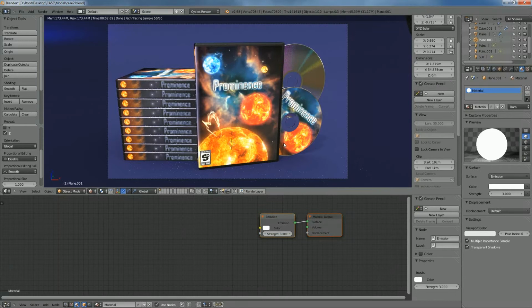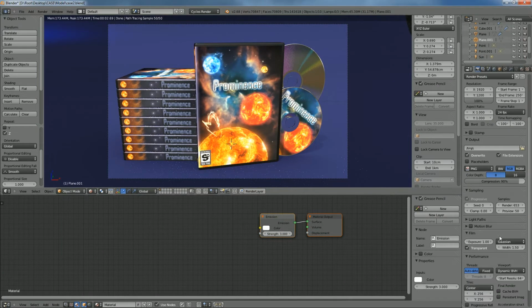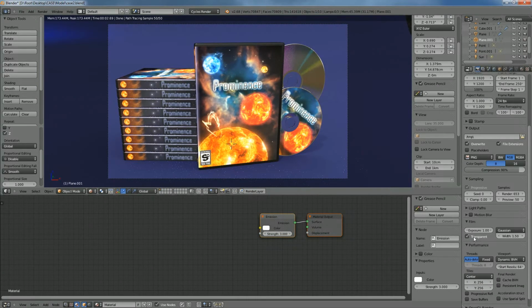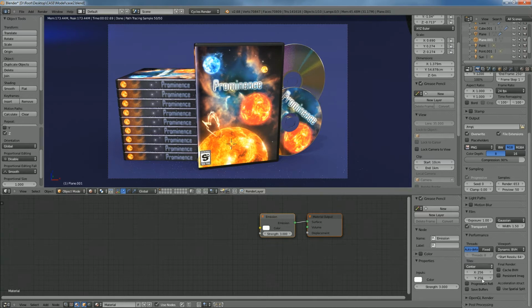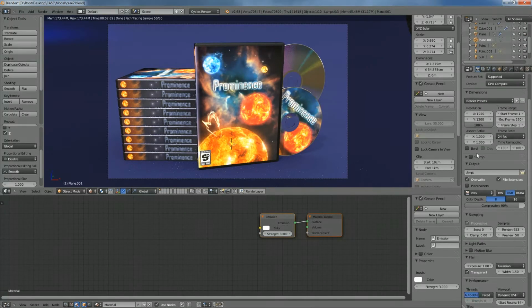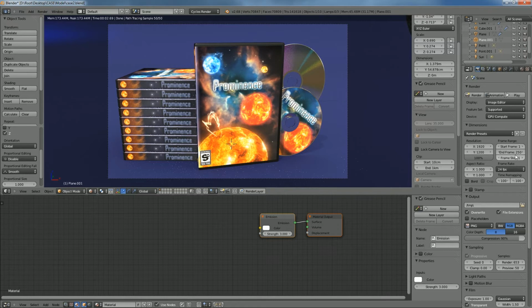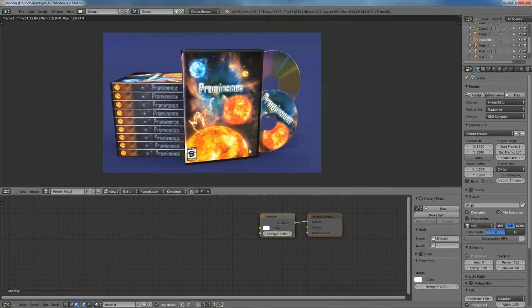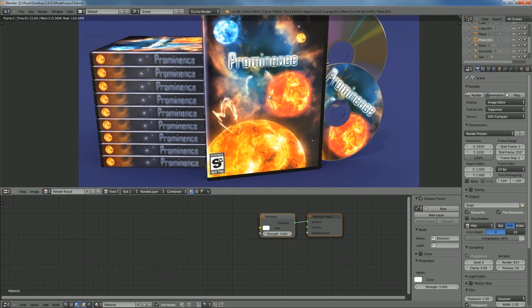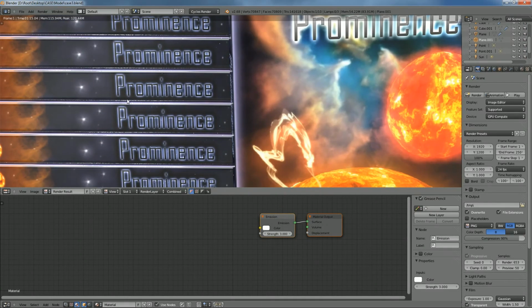So we'll go ahead and just make sure our settings are all right. Transparent doesn't really matter at this point since we have this background. Performance 256 for CPU, or for GPU rather. Yeah, so we'll just hit F12 and see what we get. All right, so you can see that this is what our final image looks like. You can see we're still getting a little bit of noise here where the two cases are meeting, so you